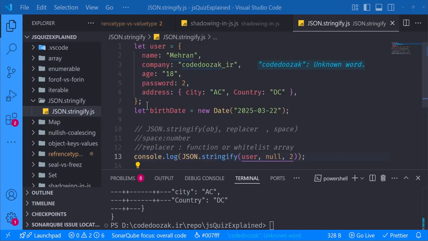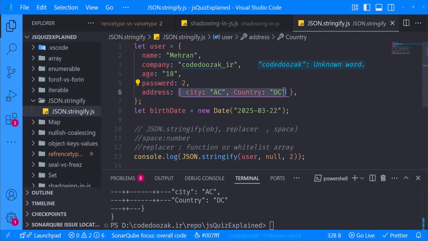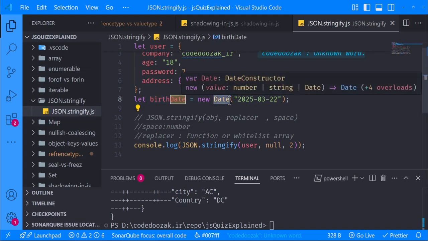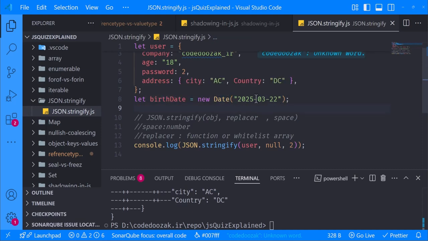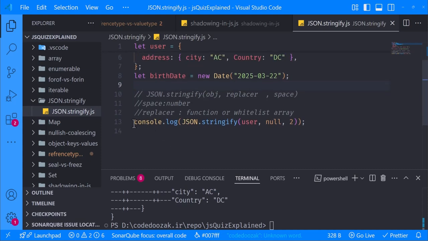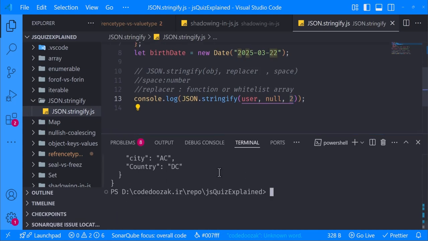Okay, here we are. Now we have an object which is user, and it has name, company, age, password, and address, which is another object. And we have a birth date in here which is a date object. And in here we console.log JSON.stringify(user, null, 2). Okay, let's see the result. As you see, our object is converted to a